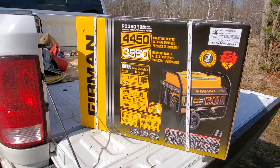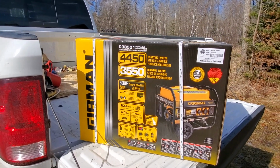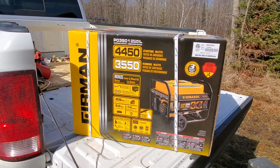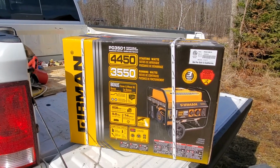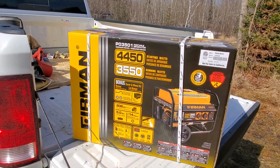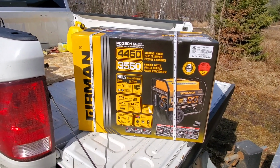Yesterday I was out cruising Rona, picking up some building materials, and I came across this little generator. Looks like it's a Firman 4450, 3550 running power. It was on sale for $369. Anyways, this is the first generator I ever bought new, and in these kind of tough times with COVID-19